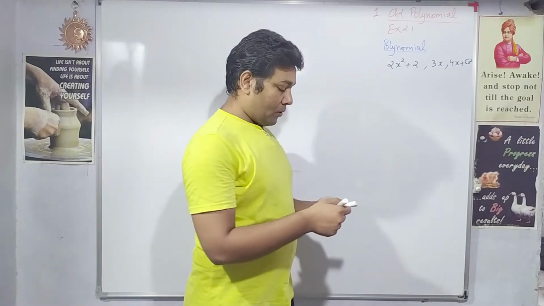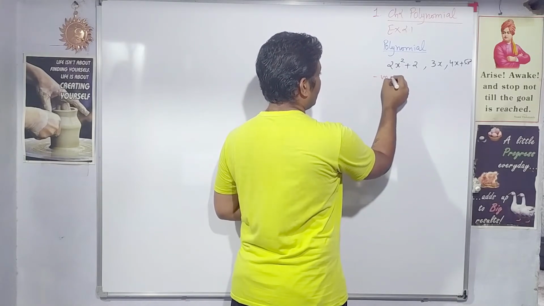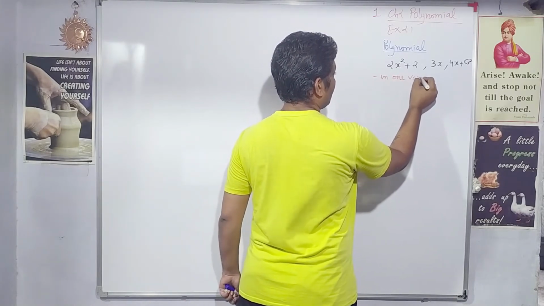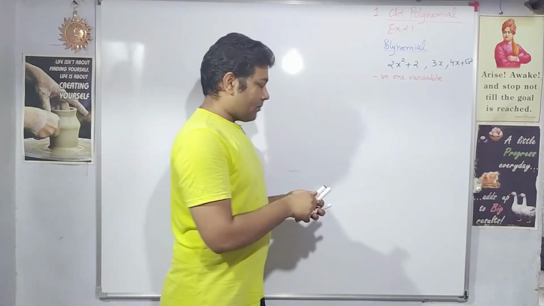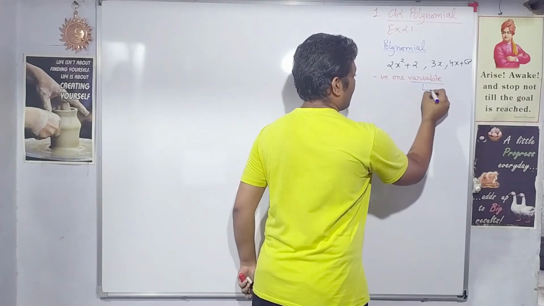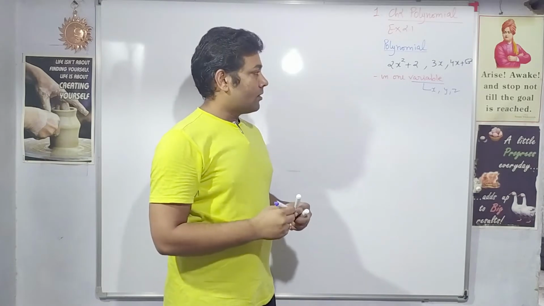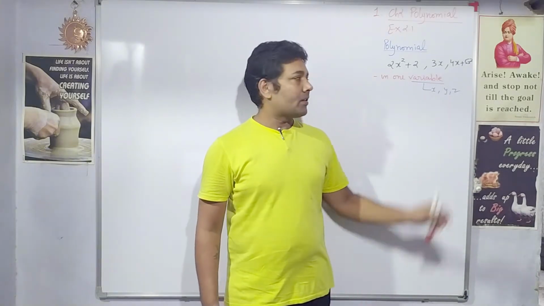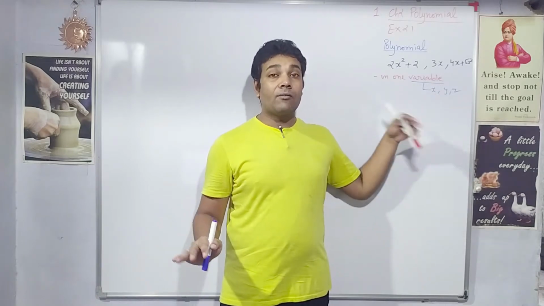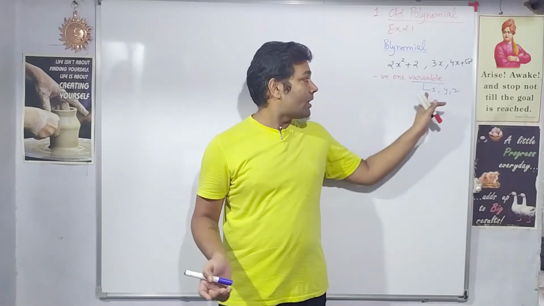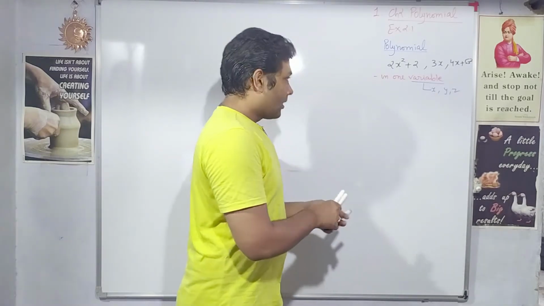Important points regarding the polynomials. So first thing is polynomial in one variable. What do we mean by polynomials in one variable? Variable means what? Variables means this type of terms. When you see x, y or z, these are called as variables. They can assume any digits. Their value may be any. That is why they are called variables. They vary. The value of these letters, it varies.